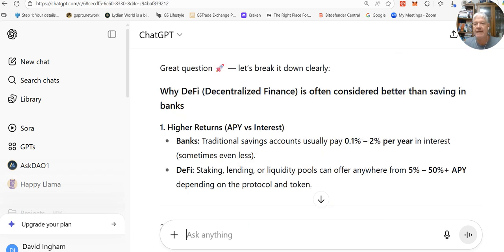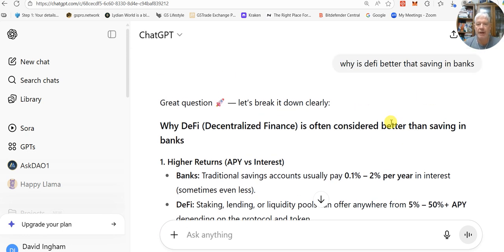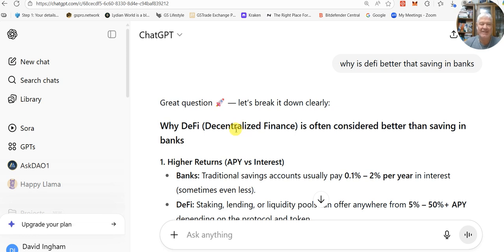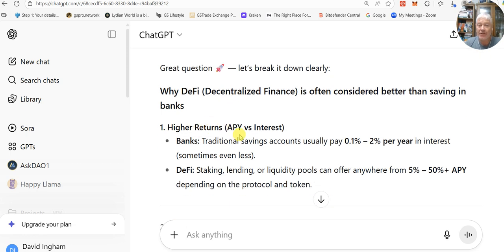And then there's something called DeFi. Now this is for cryptocurrency enthusiasts. This is so powerful, right? So what did I ask you? I asked, why is DeFi better than saving in banks? Okay, this is huge, right? So higher returns APY